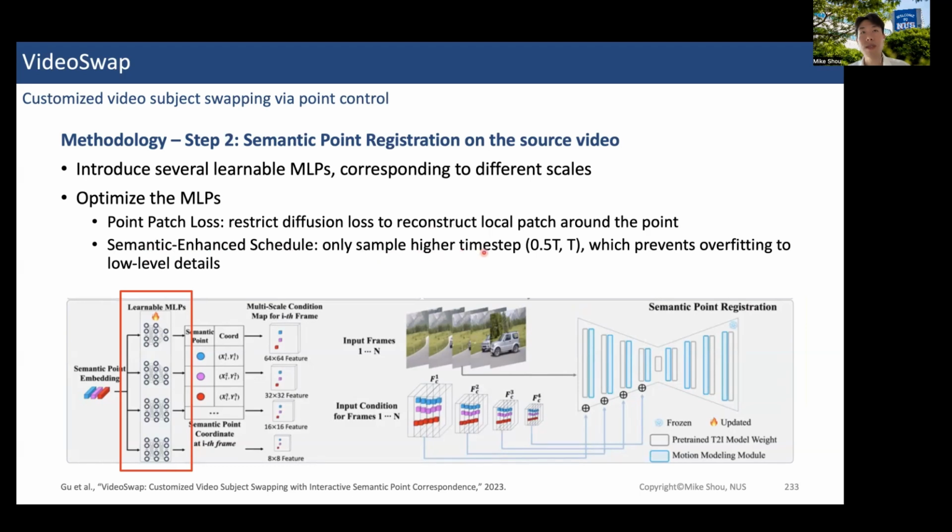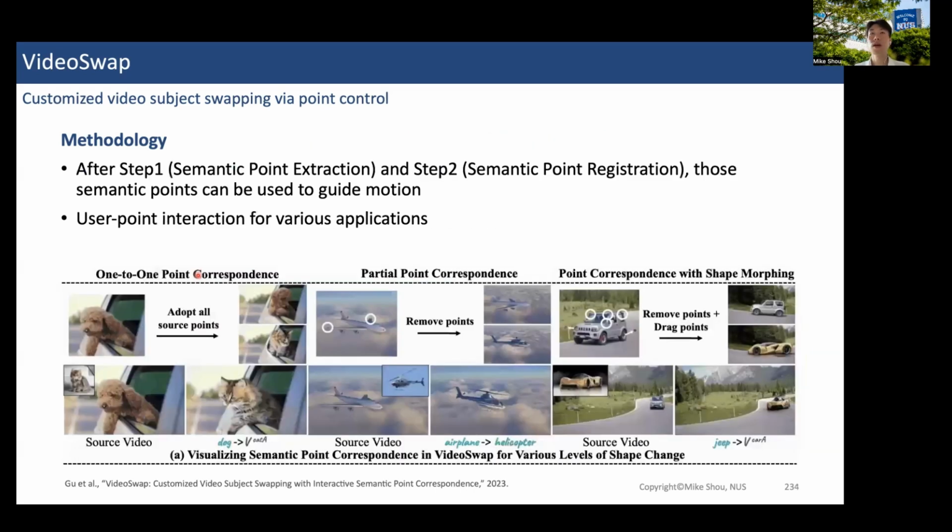We only sample higher time steps, for example from half t to t. We found this helpful because it will not allow our model to overfit to the low-level details, since time 0 is too close to the original pixels. And after these 2 steps,